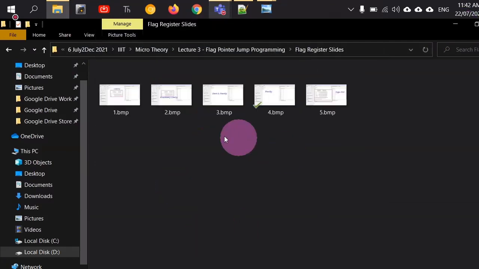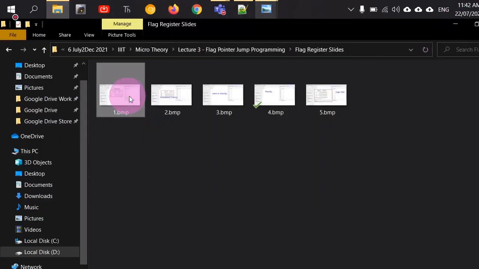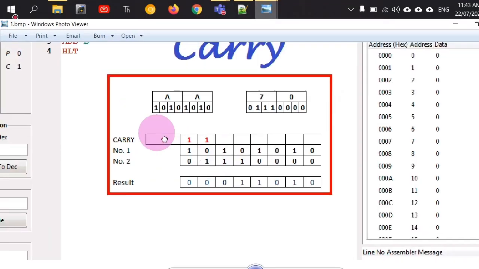Yes, sir. Okay, so with some simple illustrations, I will first illustrate the flag register bits. I have already got some pre-written programs with descriptions, so I will show you those slides and we will try to study those first. Whatever you see inside these red boxes is not a part of the software. I have written all of this to enhance your understanding, right?